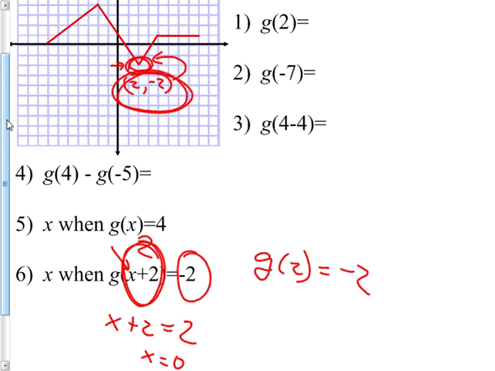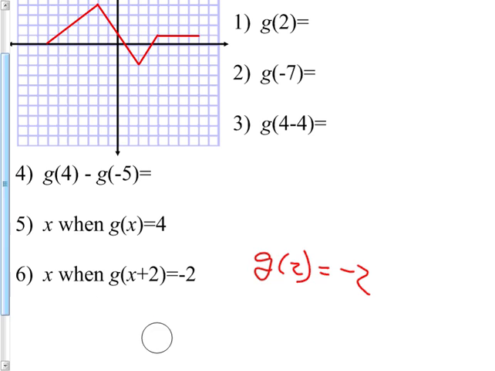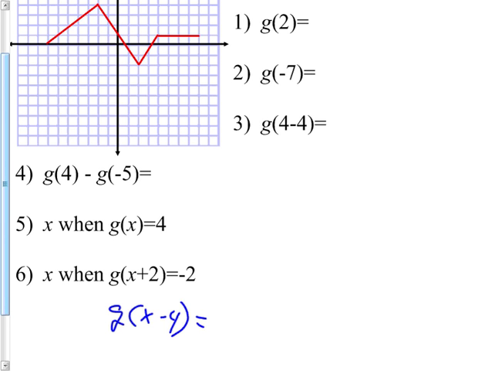I'm going to give you another one of those and see if you can handle it. Let's say that g of x minus 4 is equal to